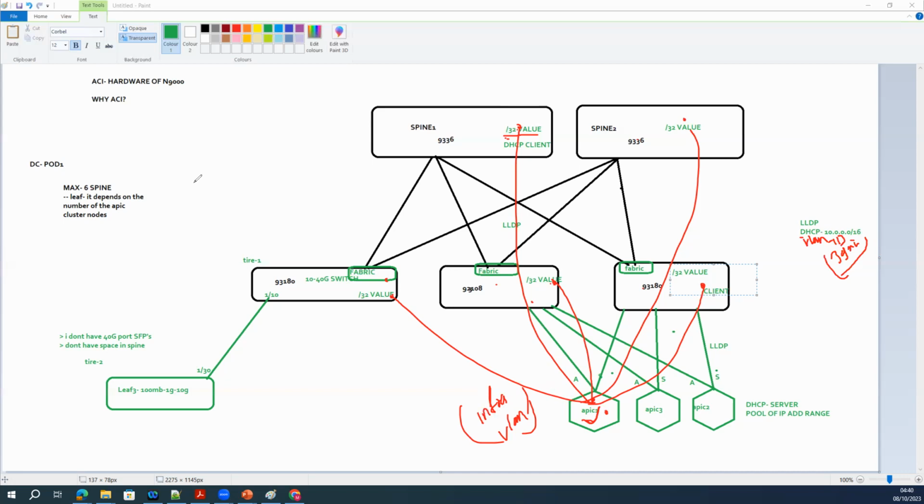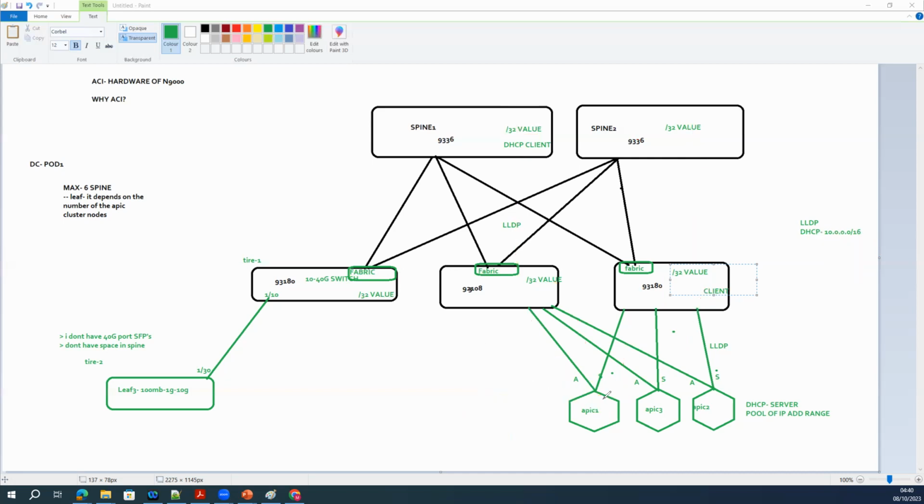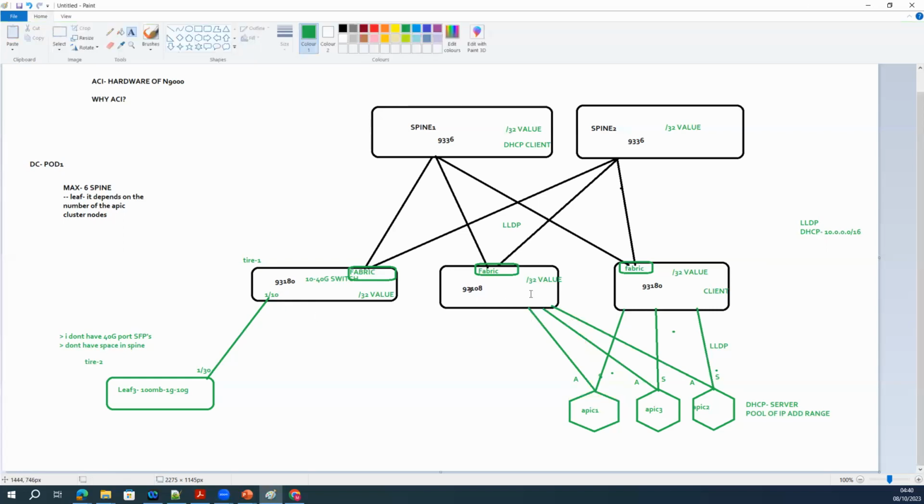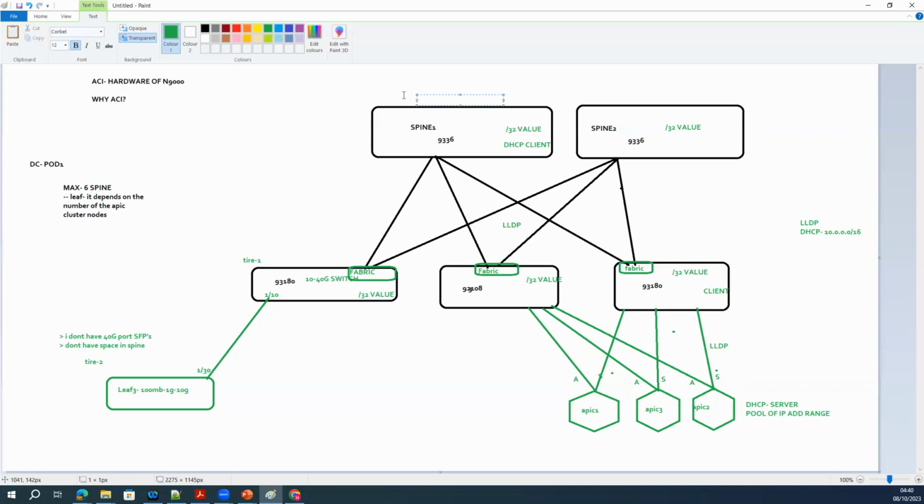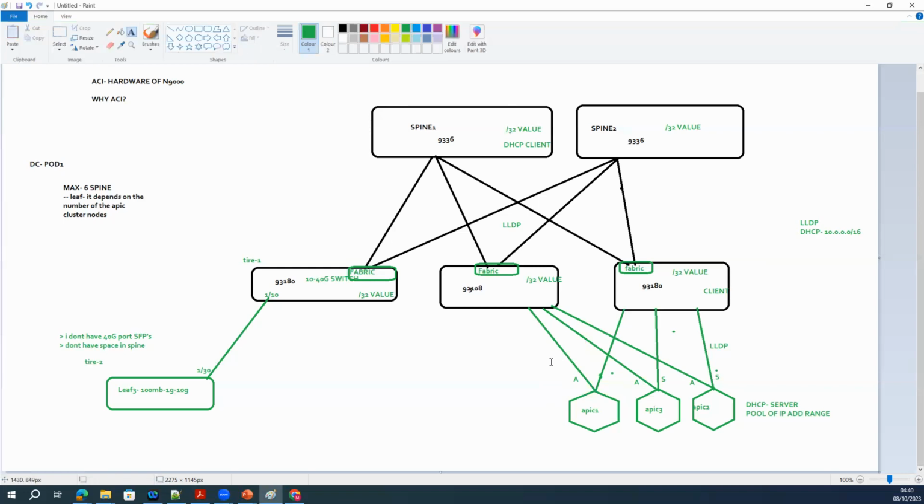Yeah, that's clear. Vijay, one question: why exactly are we connecting our APIC controllers to the leaf switch and not to the spine? A spine's work is to perform the core routing. Leaf has all the database and all the endpoint connectivity, and spine by default has the 100 gig or 40 gig ports, whereas APIC needs just 10 gig ports. Those are the two use cases I can think of. Other than that, it's a hard-coded Cisco design.